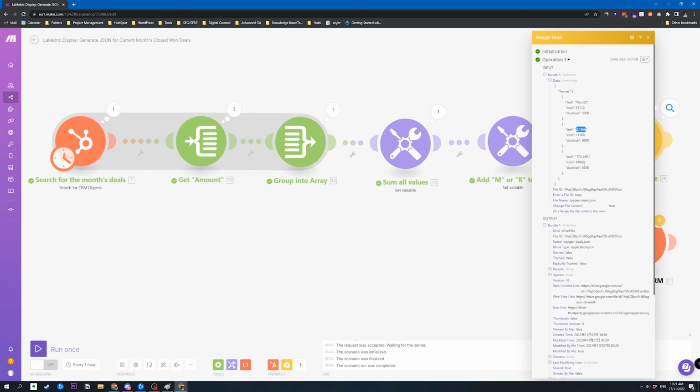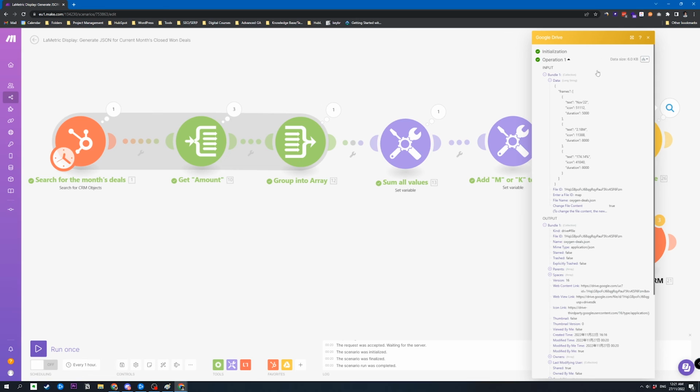Text is 2.18M. And the text for the third one is 174.14%. So based off of the time it takes for your app to poll, so we've set it at 10 minutes for now, right? So within the next 10 minutes, your app should change the data that it's displaying